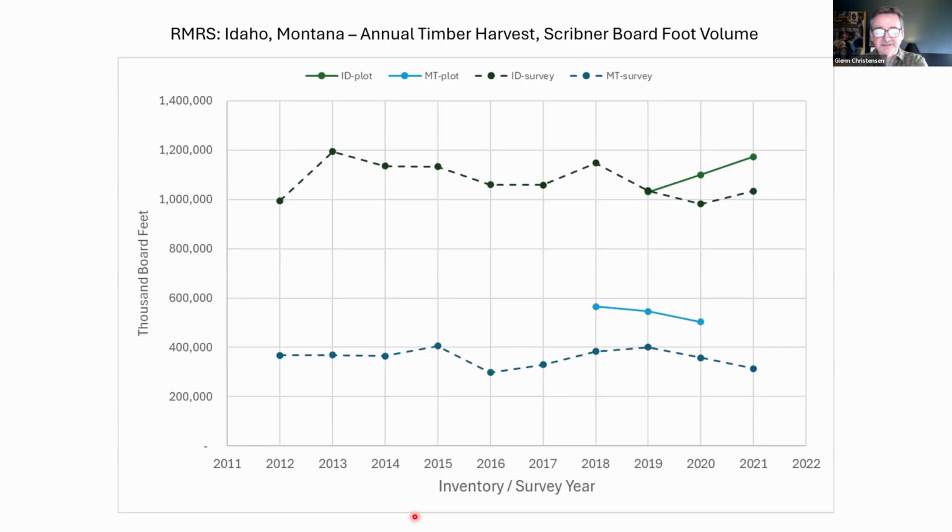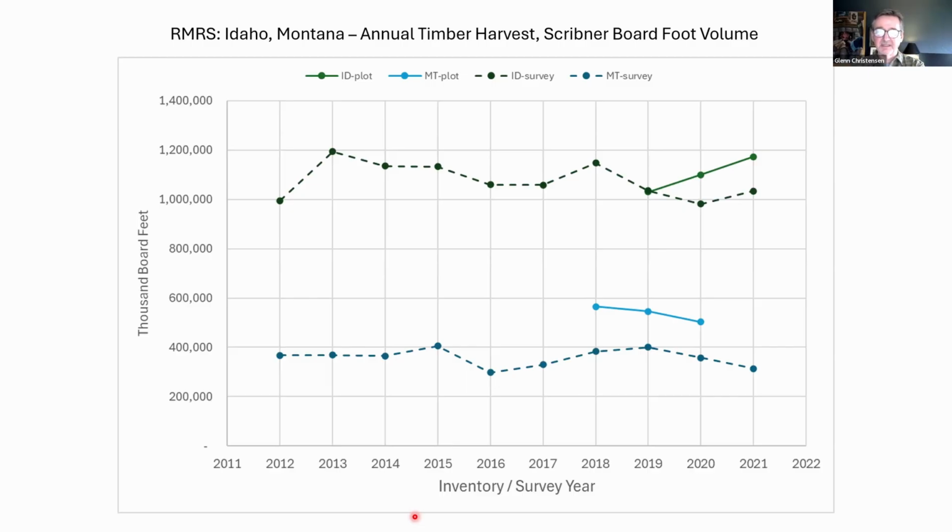So looking at the estimates, one of the things we'll first look at is what we came up with and what John Shaw came up with for some of the Rocky Mountain states. This was the first one I looked at, and this is looking at Idaho and Montana. The blue lines on the bottom are Montana. The dotted line is the survey-based estimates, and the solid blue line is from the plot-based estimates. Above is Idaho. The dotted line shows a pattern through time, and the solid line in green is showing the